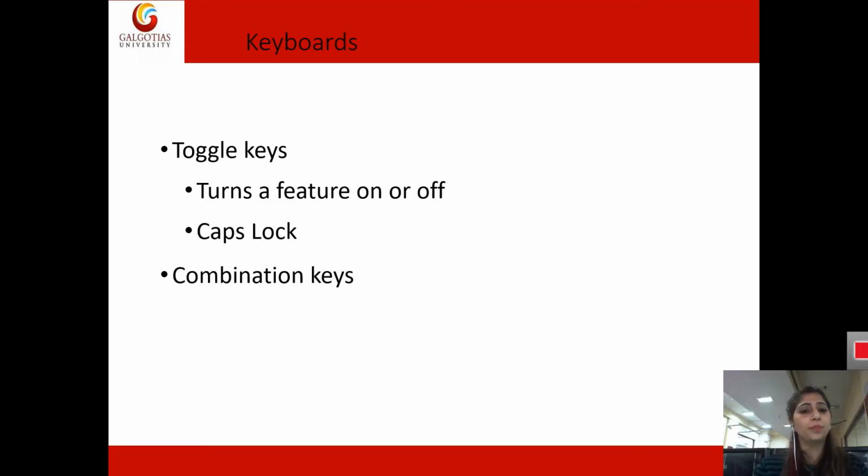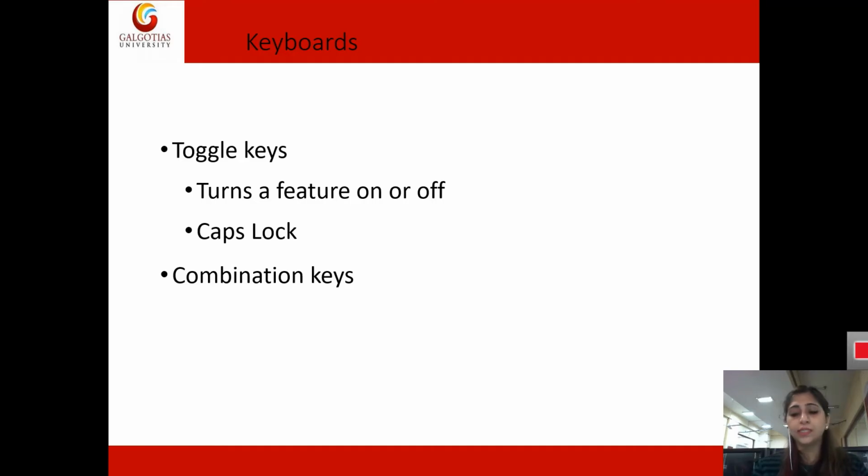And then we have combination keys. Suppose I want to save something, I'll use Control plus S. Suppose I want to select all the parts of the document, I have to use Control plus A. Then Control plus C, Control plus V. All these keys have specific purposes. Control C is used for copy, Control X is used for cut, and Control V is used for paste. Then we have Alt plus different alphabets.